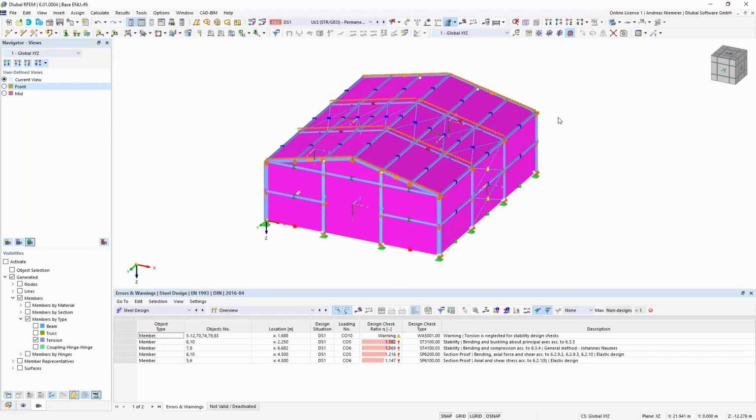Okay, thank you, Andreas, for this very nice presentation. I think you showed very well how easy it is to handle such a structure, the modeling and the design and the documentation, at least for someone who is familiar with the program. But if the attendees work with the trial version of the program and exercise a little bit, then it should be quite easy to work with FM6.